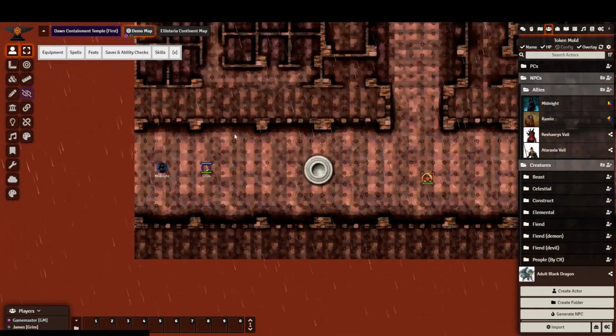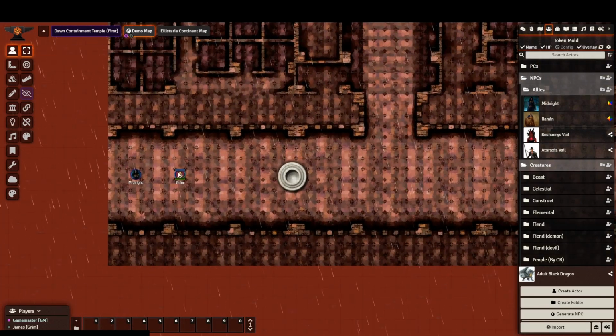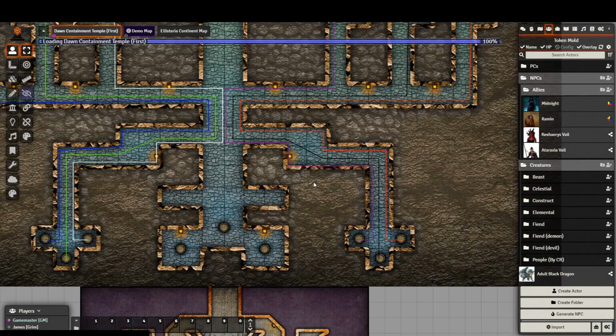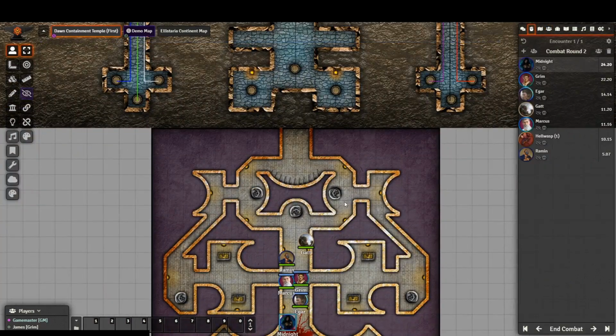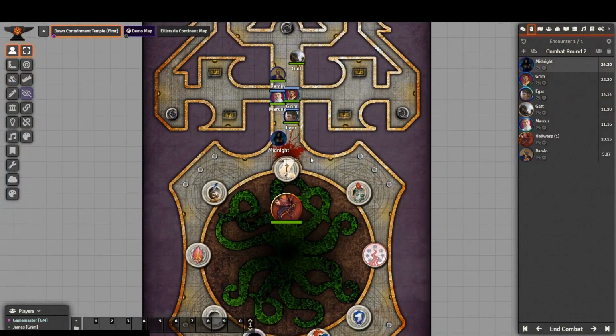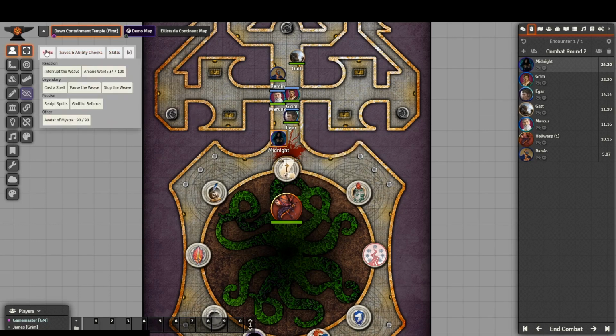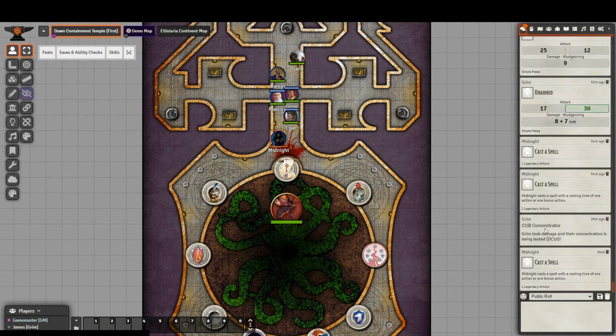Now, as far as how the game runs, let's pretend like we have a combat. Let's go back over here. We have our combat already set up. So Midnight. If I'm Midnight's player, I click on her, I can have my character sheet open, but instead I'm just going to use these because I'm going to show off. She's going to cast a spell, which unfortunately in her case I don't have it set up because her stat block literally says do whatever the hell you want, you're the god of magic. So she's going to cast